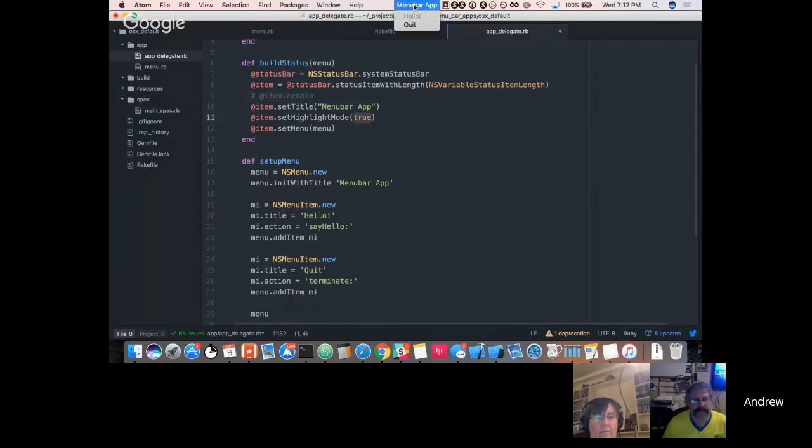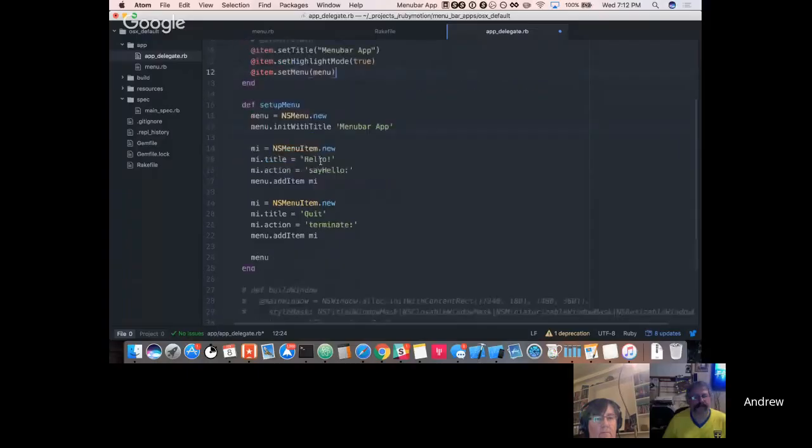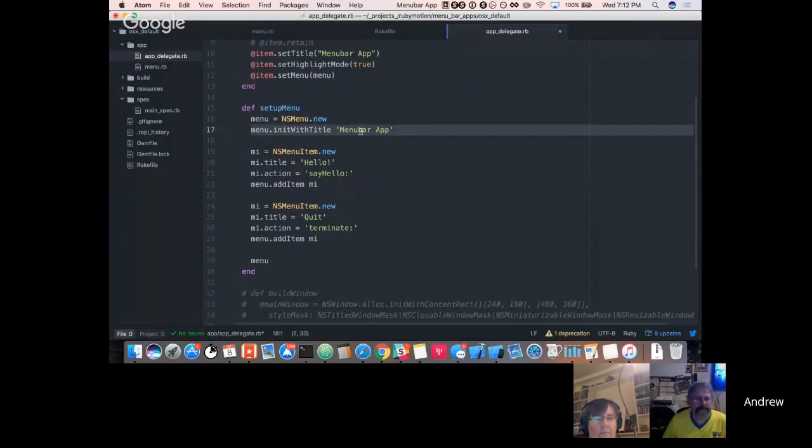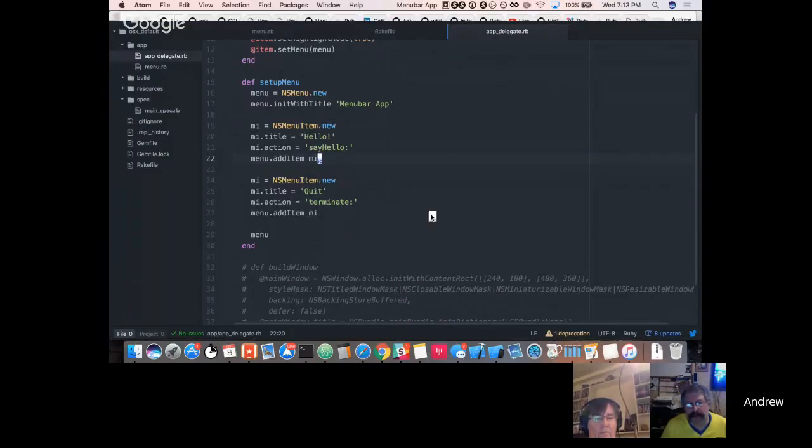True, I'm not exactly sure what that does, but it probably just highlights the item and sets the menu for this status bar. Yes, that's the title that appears for the status bar, and then he creates an NS menu, and then he adds the menu items below it. And the first one, if you went back to the code that you copied that from, is invoking that say hello action, which actually pops up an alert window. So if you go down below, you see it's creating an alert that pops up, and then